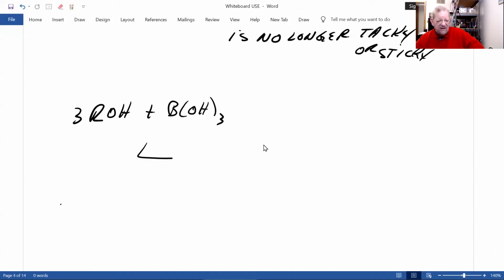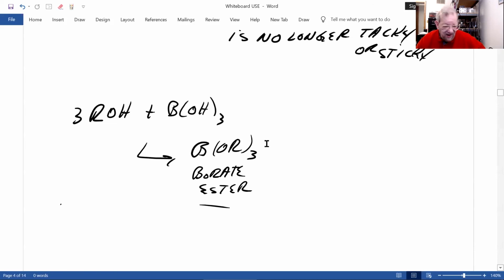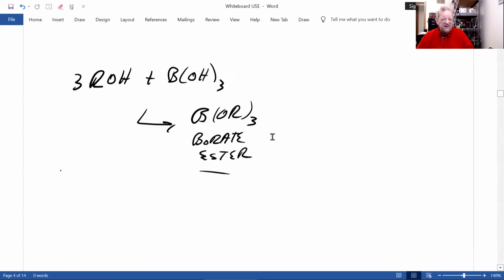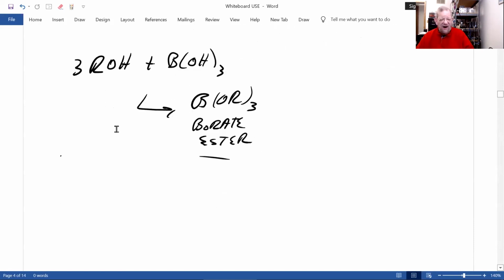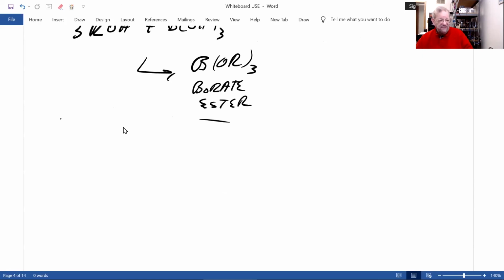What you get is called borate esters. And this is a borate ester. And actually, in one of my patents, I use borate esters. So I'm quite familiar. Now, if the alcohol is a polyol, like Elmer's glue,